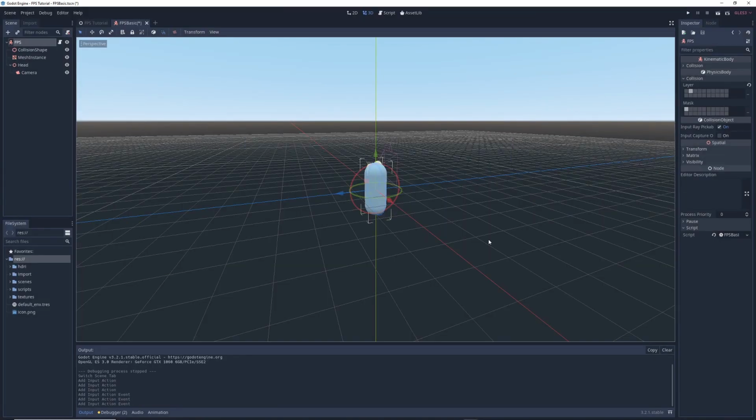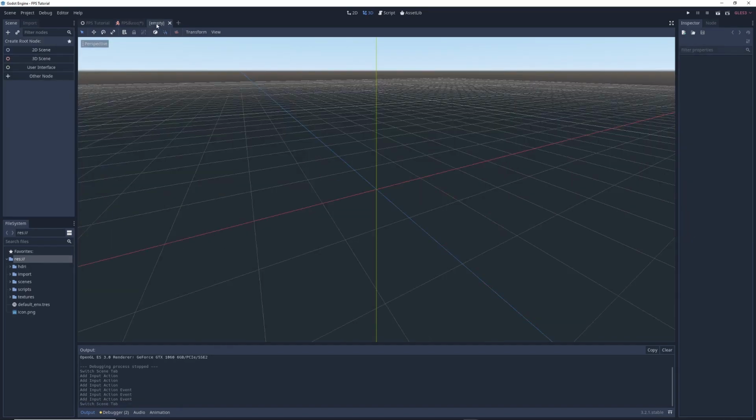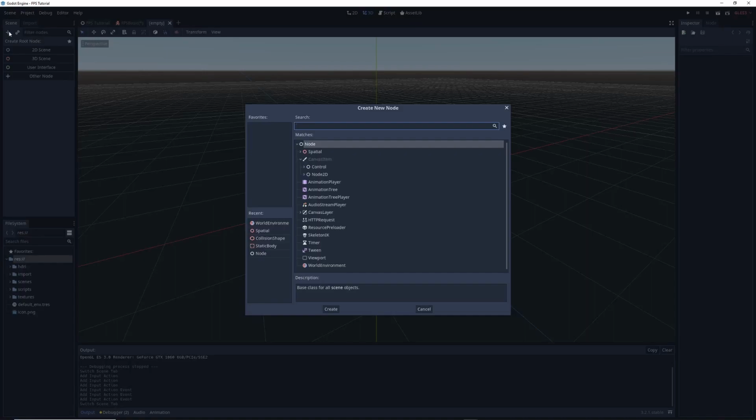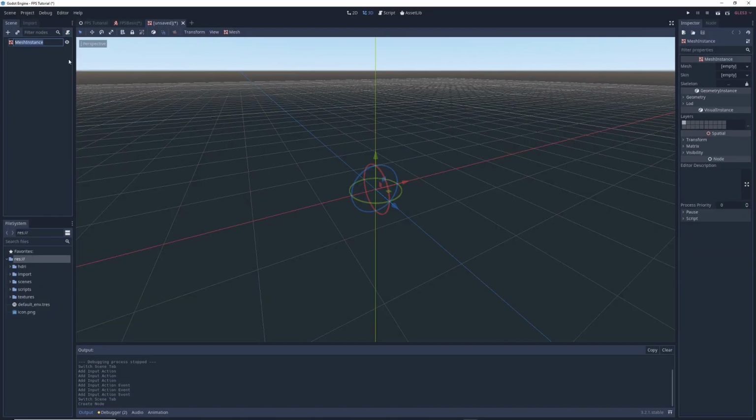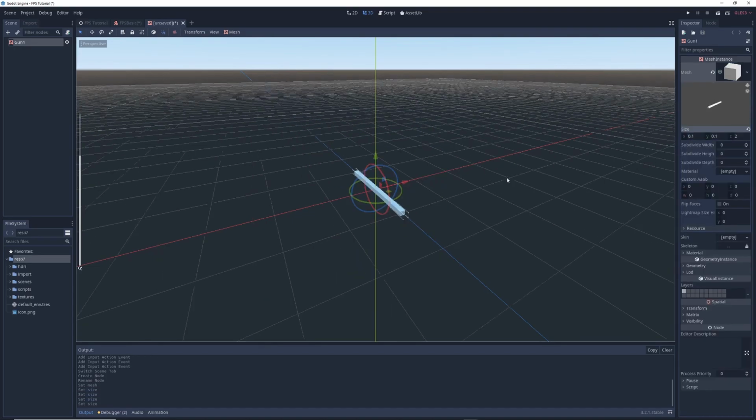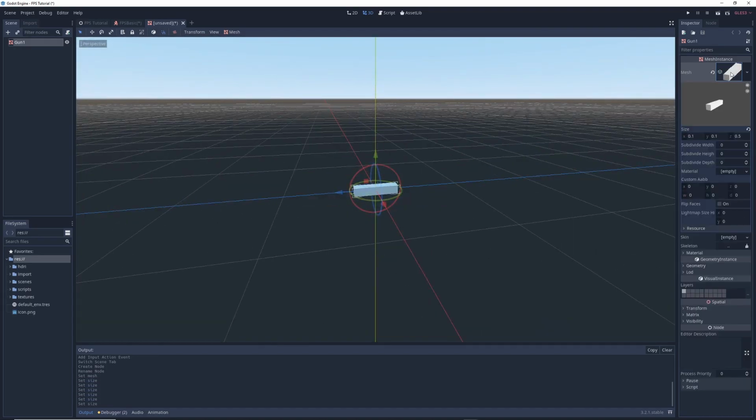Next, we're going to create some guns for our character to hold onto so that we can demonstrate switching between them. Press this plus button to create a new scene. Press this plus button, and we're going to add a mesh instance node. I'm going to rename it to Gun 1. Under Mesh, we're going to click on the empty box, give it a new cube mesh, and then I'm going to mess with the size and shape of the cube until I get something that looks kind of like a